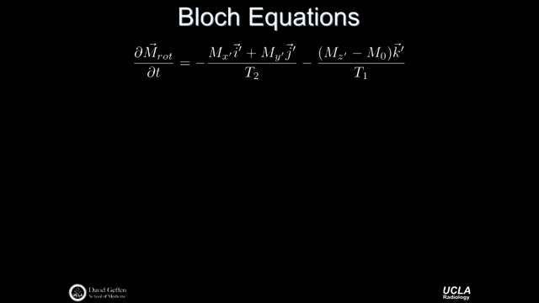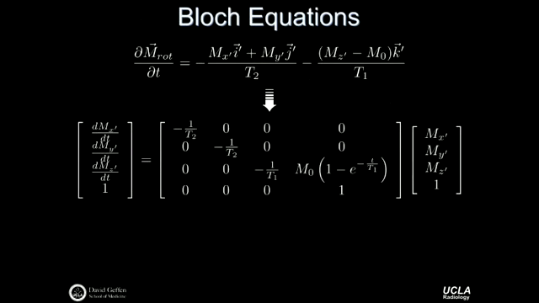So we can take these equations that we had a second ago, which are just the Bloch equations in the rotating frame, and write them out as a homogeneous matrix expression. We still have the time rates of change in a column vector here. We still have the T2 and T1 dependent terms along the diagonal here. We really just need this 4th column